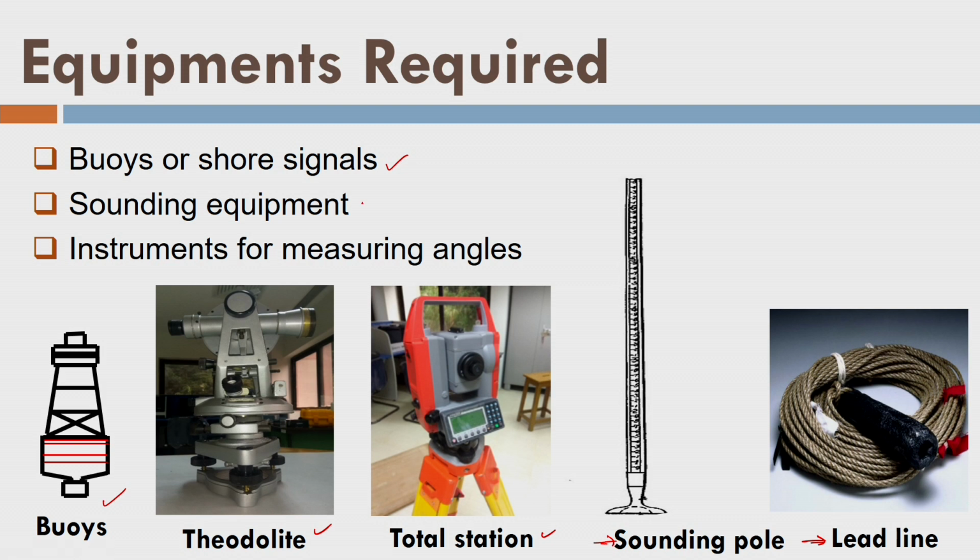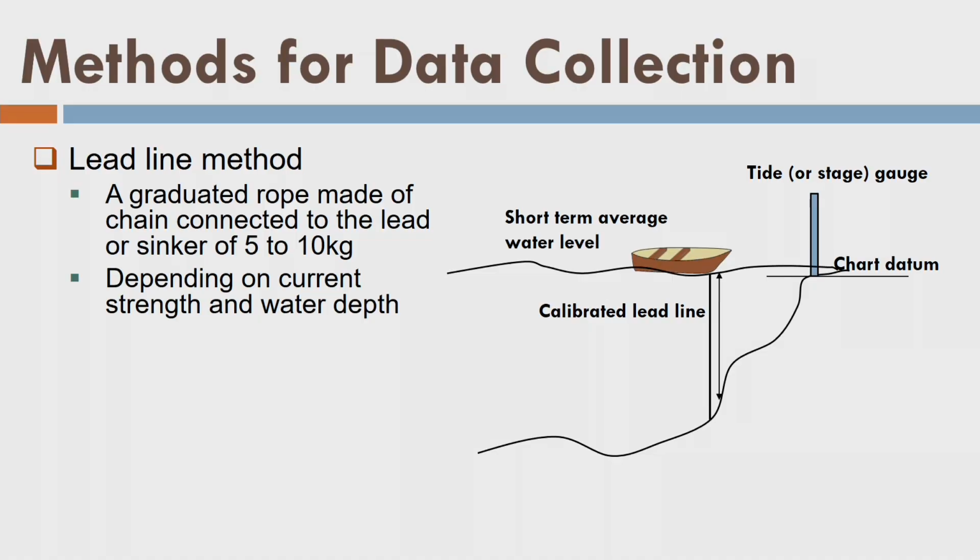And then we have sounding equipments. In sounding equipment, these are my sounding equipment: lead line and the sounding pole. And also we have sounding equipment like echo sounders. We will see all these things as we proceed in this lecture. So first, the lead line method, which is the data collection method, we can say the planimetric data as well